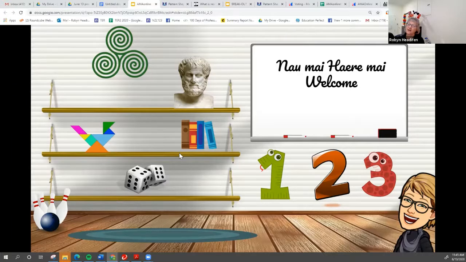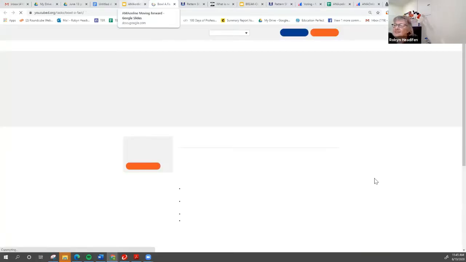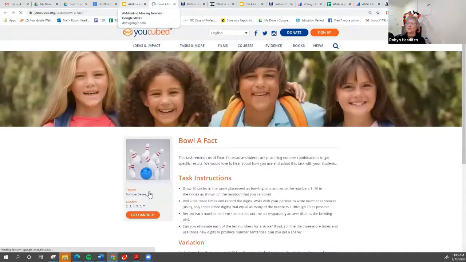There's a bit.ly link and a short video on how to make this stuff. It was quite simple, but what I've done is hyperlinked things to different activities. So my bowling ball is hyperlinked to the bowl of fact and how to play. Now this is set up for you more than the students, but the students could probably still run that from